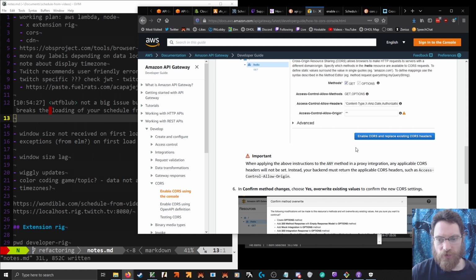The any method in a proxy integration, backend must return.